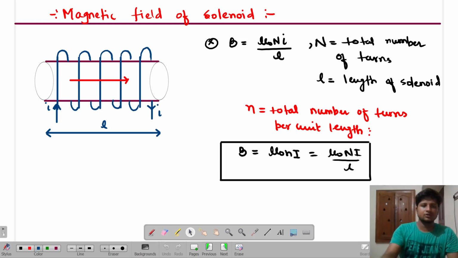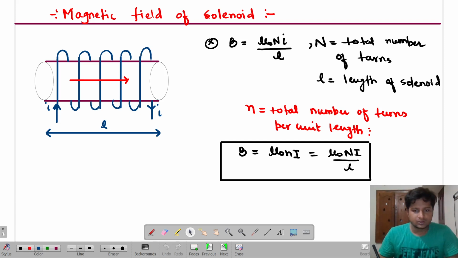Yeah. So I think we completed till over here. What is the magnetic field of a solenoid? Till here we completed, isn't it? Now, when we were defining the magnetic field of a solenoid, we said there is some magnetic field which will exist in the solenoid. But the question arises, this magnetic field, which is B equals mu naught N i, which is also equal to mu naught capital N i by L, is going to exist where and where?